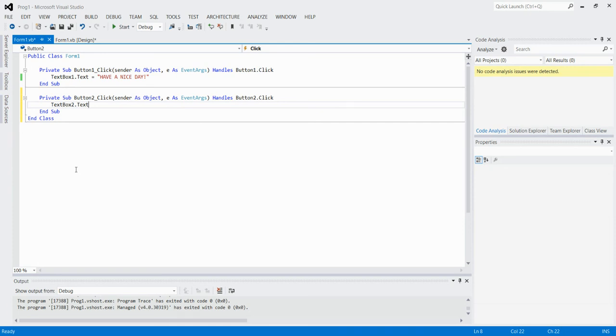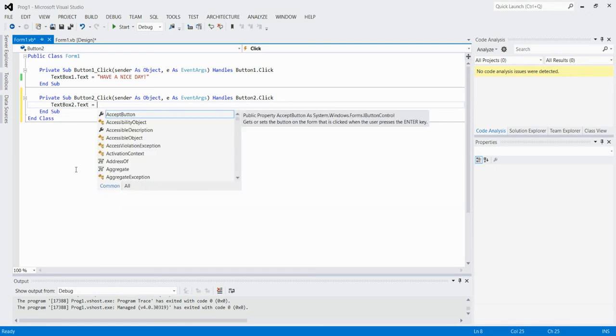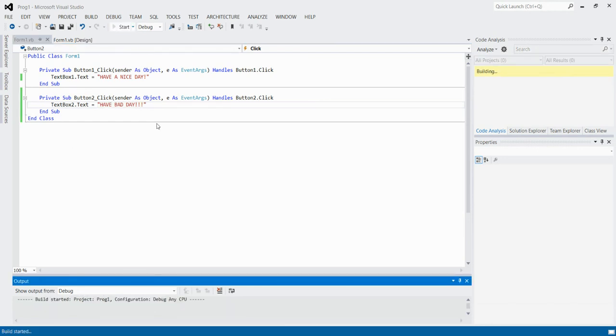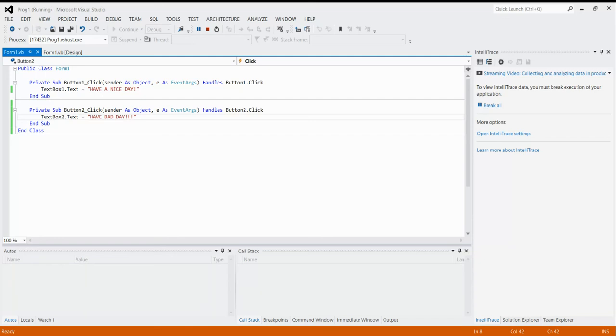If such a pop-up window does not appear, then you can say there is some problem. And here in double quotes, I must represent one bad message, "have a bad day". In this way, I have represented again in double quotations one message. So we will see it again by running our program.